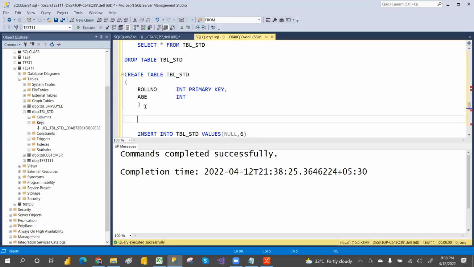So then ALTER. I'm going to add one more column and then create a primary key on that. ALTER TABLE table name and then add a column, say phone number, add